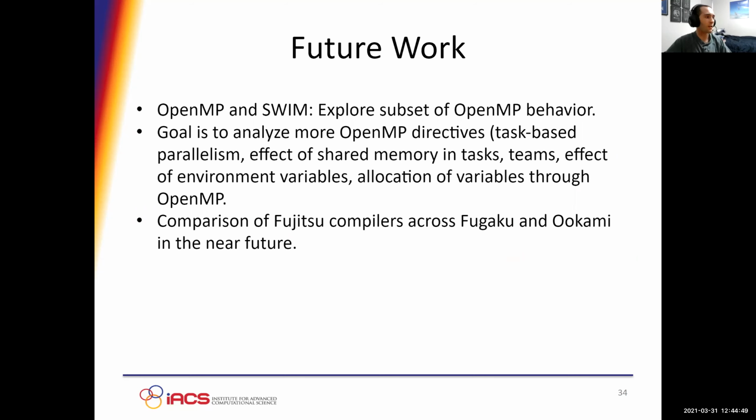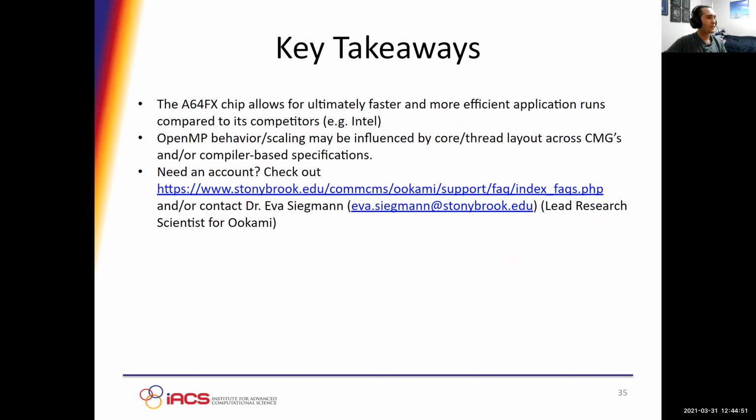Lastly, here are some key takeaways. Essentially, the A64FX does allow for ultimately faster and more efficient application runs compared to its competitors. If not in the small case, then definitely at scale. OpenMP behavior definitely can be influenced either by core and thread layout across memory groups, and/or by compiler specifications. And sort of more of a promotion for Okami, check out this website